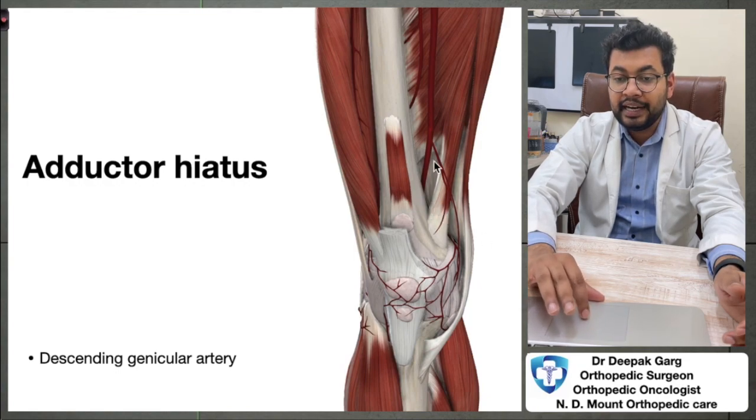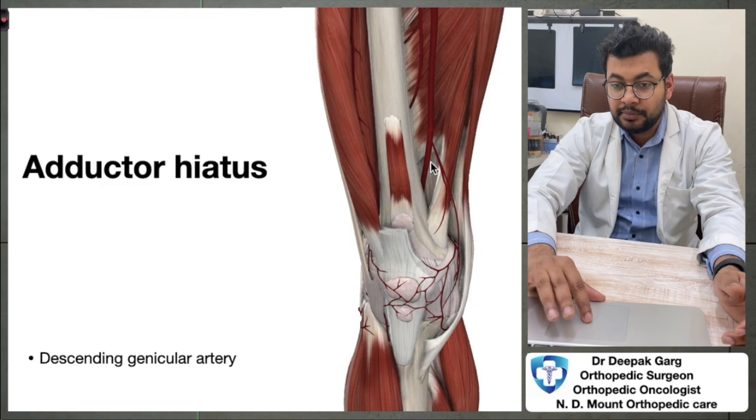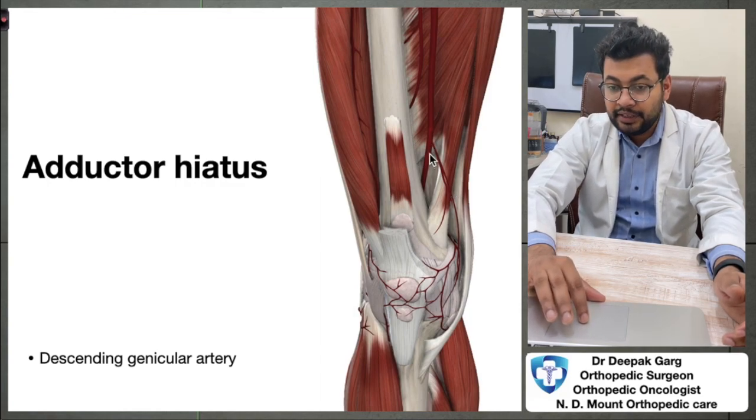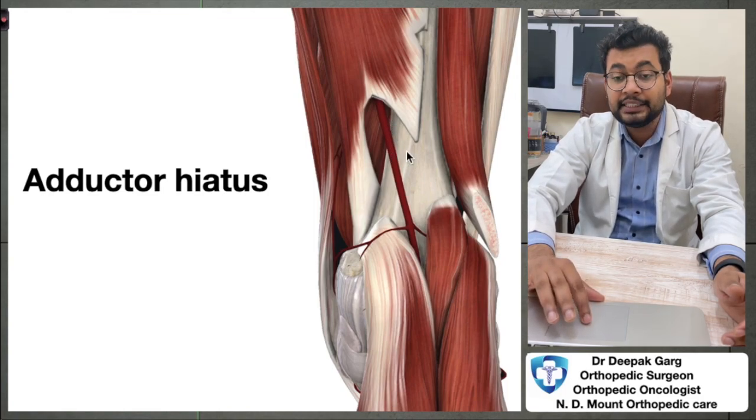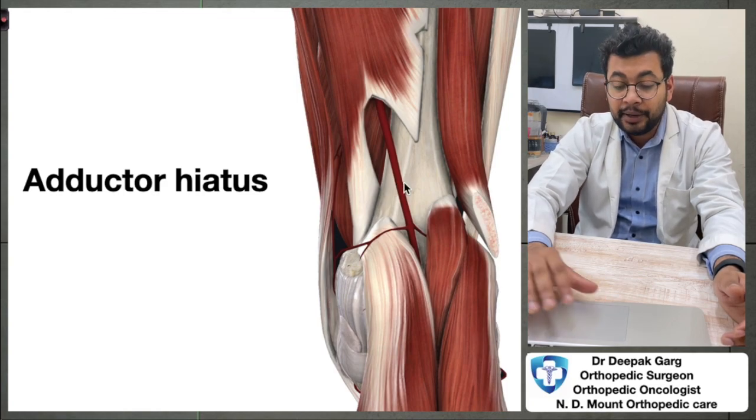And the femoral artery will continue down superior to the adductor longus muscle and the adductor magnus muscle, and above the knee joint level there is an opening in the adductor magnus muscle. This is called the adductor hiatus. So the femoral artery, just before entering the adductor hiatus, gives another branch, called the descending genicular artery, which we have discussed earlier also. It will enter the adductor hiatus, and now we can see it from the posterior side, coming out of the adductor hiatus into the popliteal fossa.